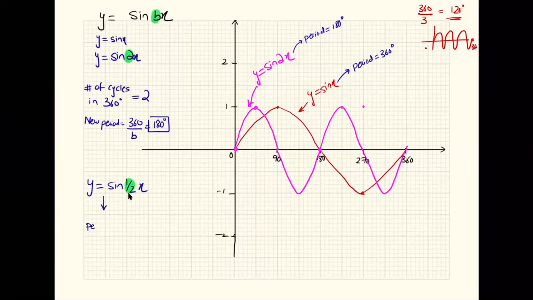720. 360 divided by the value of b, that is half, that is 720. यानी कि 720 डिग्री में जाके एक पूरी साइकिल कंप्लीट होगी. तो आधी साइकिल बनेगी किसमें? 360 डिग्री में. तो अगर हाफ साइकिल 360 डिग्री में बनेगी वो भी sin x की, ठीक है. तो the first point is going to be this. 180 डिग्री पे the value is going to be 1. 360 पे the value is going to be 0.